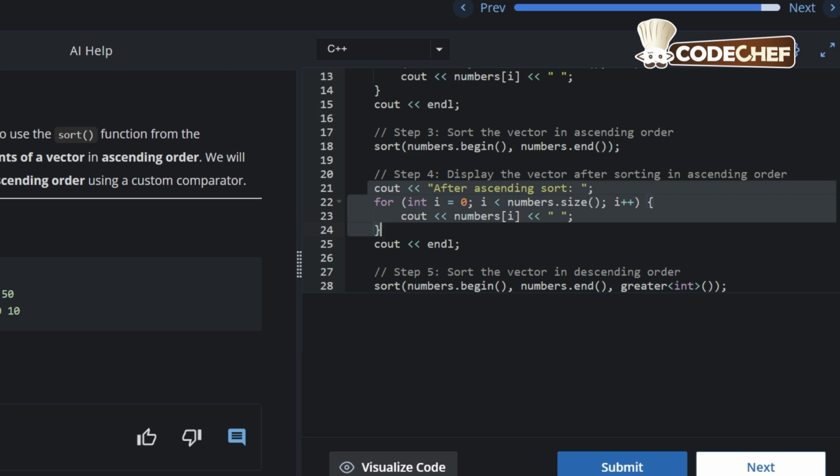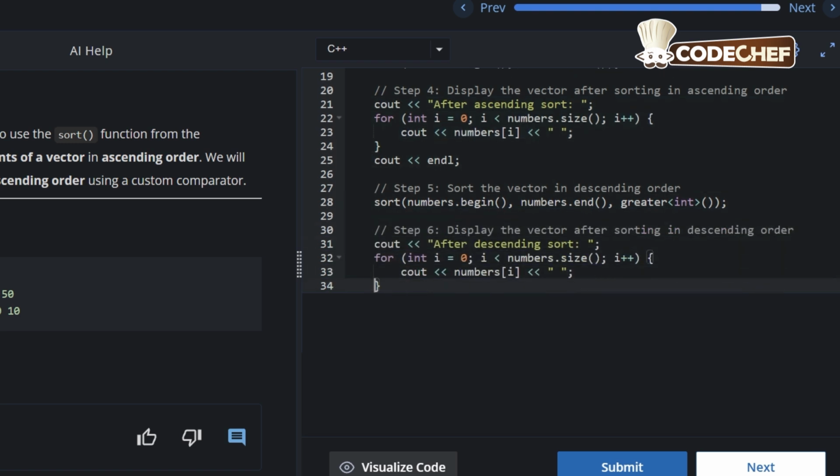So cout << "After ascending sort: "; then for (int i = 0; i < numbers.size(); i++) { cout << numbers[i] << " "; } cout << endl;